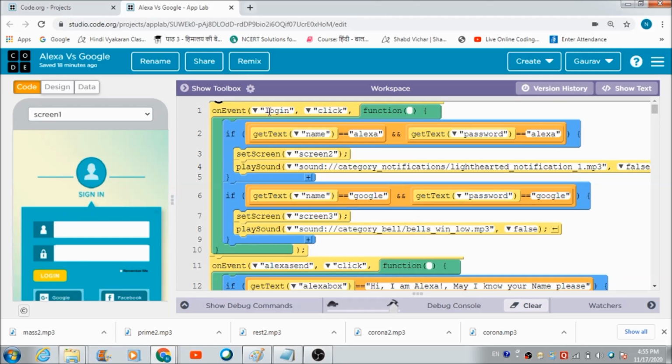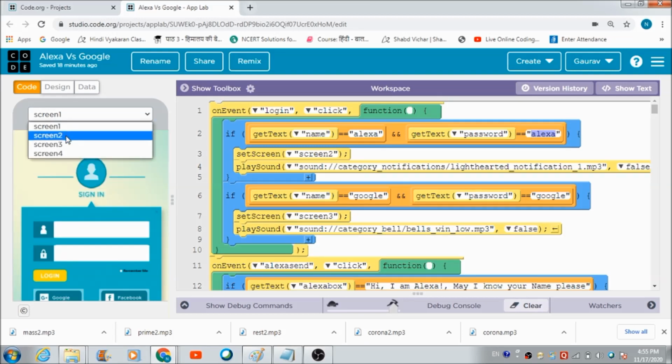When the user hits this login button, if the name he has inputted matches with the name Alexa, and the password he has entered in the password field matches with this text, what is going to happen?